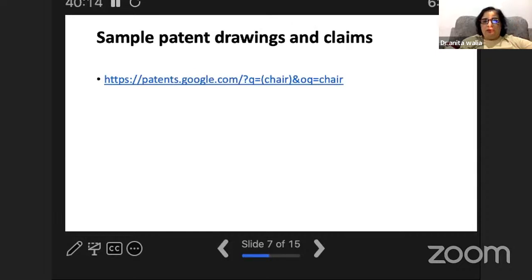When you are applying for a patent, it will be helpful to go to the site and search how patents are published, what the document is, how applications are filed, how designs are made, and what the requirements are. All those things you can see there. So I'll take you to the site and show you.